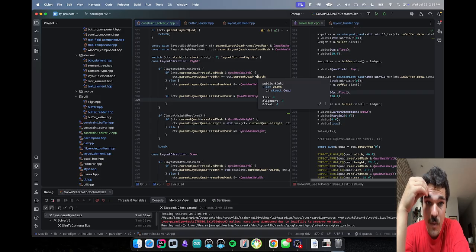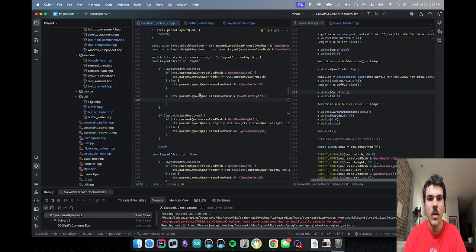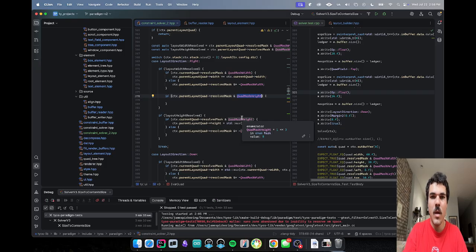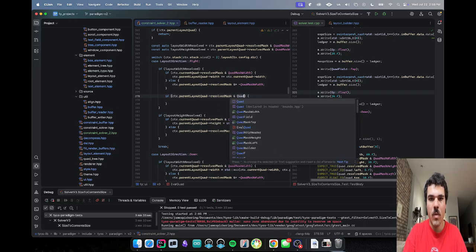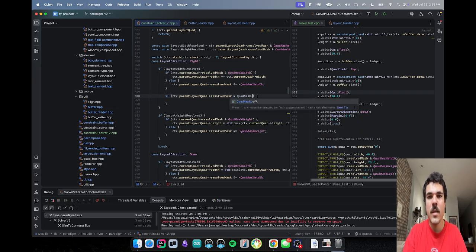If the height is resolved, we only, or no. If the layout's right, we don't change the ledger. The ledger is always going to be in the top. The quad mask width, or no, quad mask left. If that is resolved,